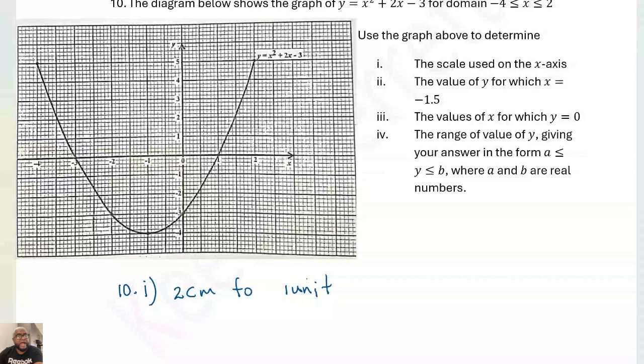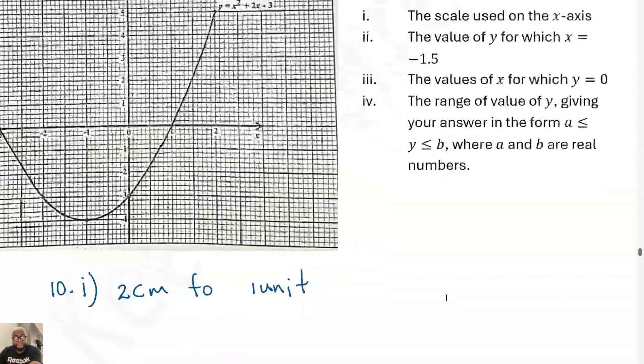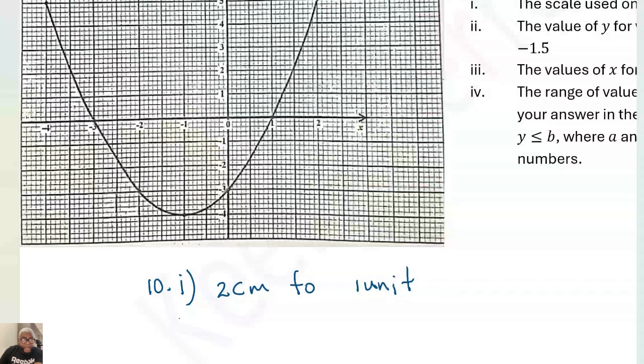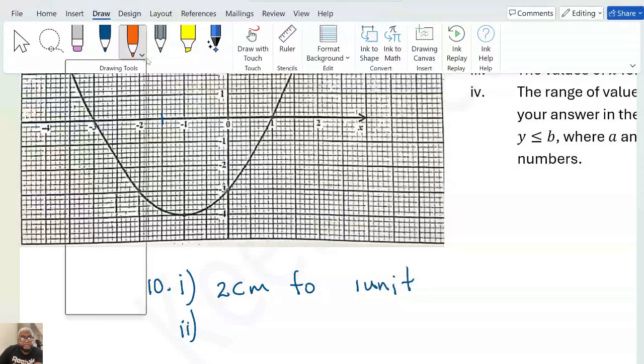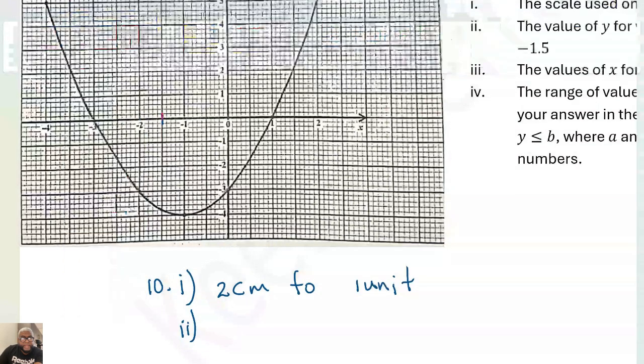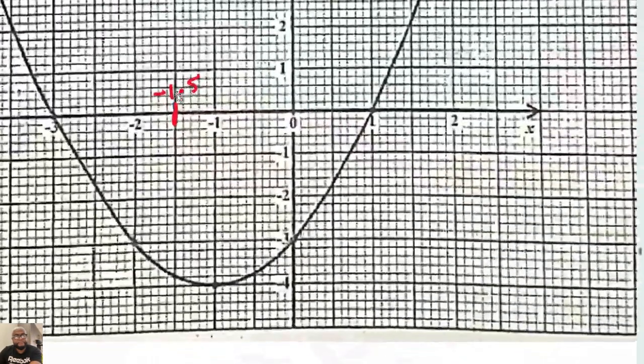The value of y for which x is -1.5, right? So x being -1.5, look at it here. This is where we had a lock in, right? The value of y for which x is -1.5. Can we all agree that -1.5 will be in between here? It's between -1 and -2. Agreed? So they want the value of y for which x is